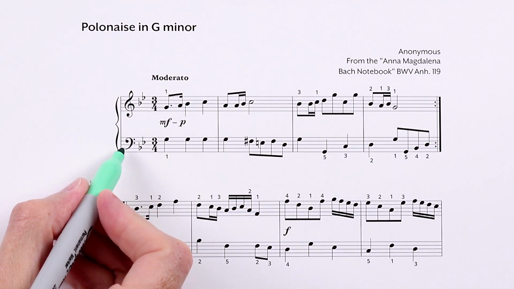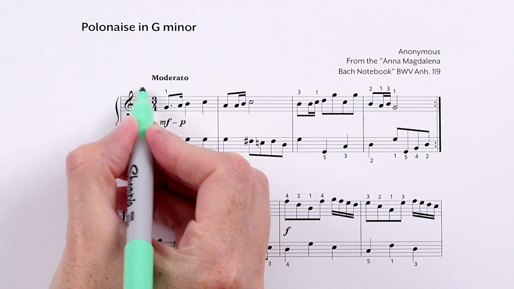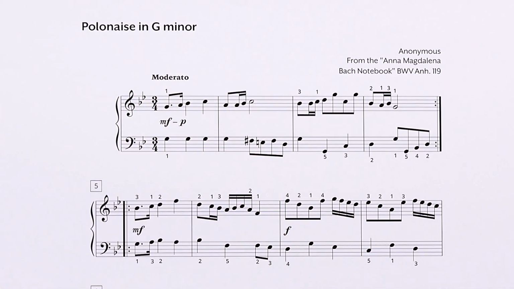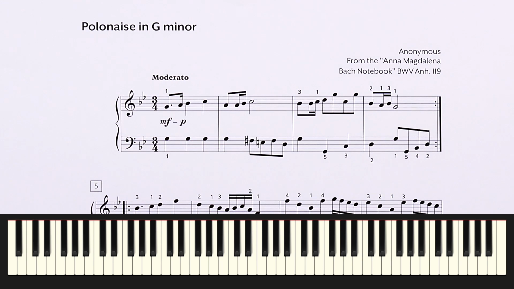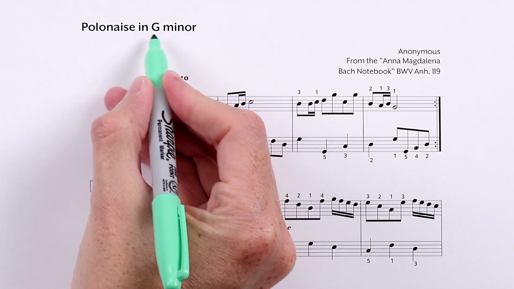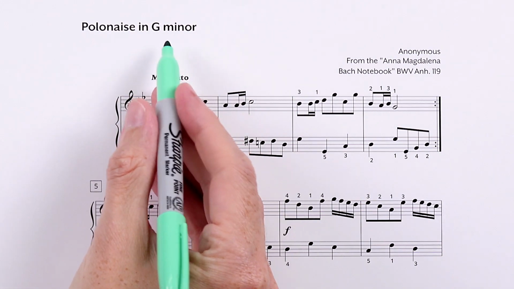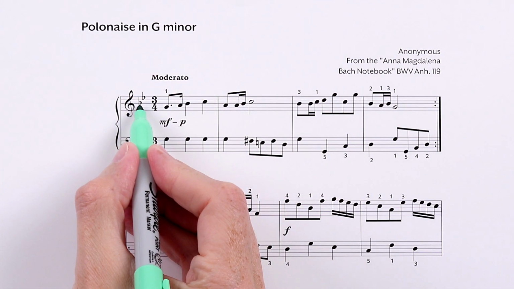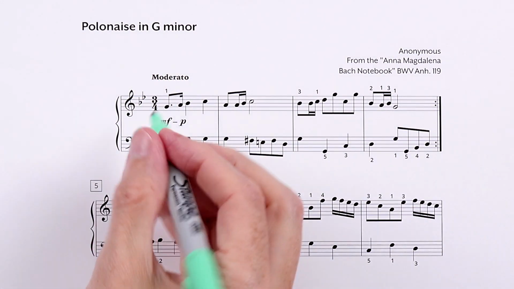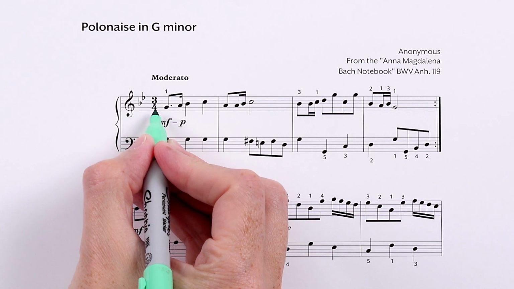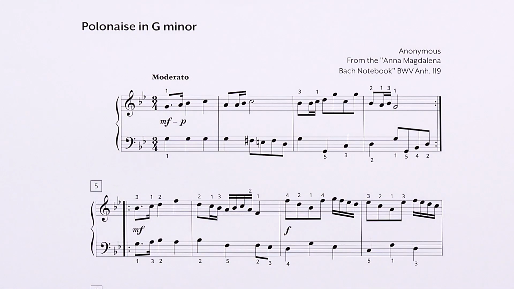Treble and bass clef. We've got our key signature here. 2 flats tells us that we're in the key of B flat major or G minor. And the title's a dead giveaway that we are in the key of G minor. Thank you, title, for that help. So 2 flats, we're in the key of G minor. Our time signature is 3/4, so we know we'll have 3 quarter note beats per measure.